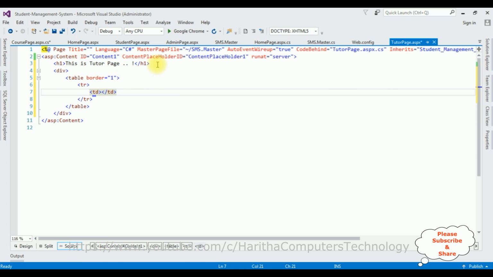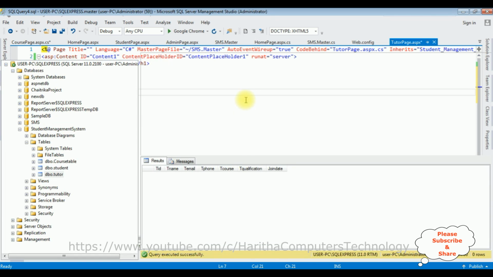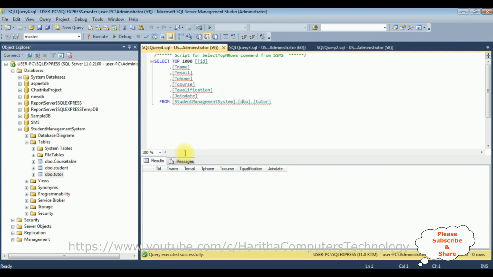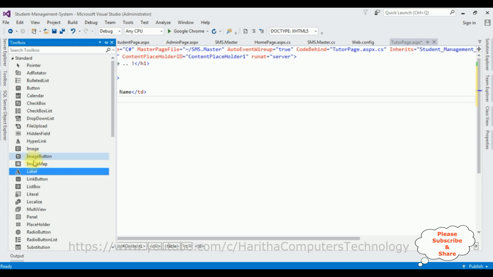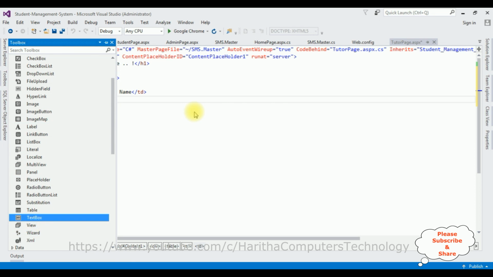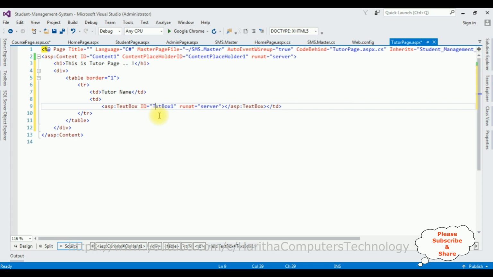The label I'm adding, in the tutors table the TID is the auto-generated column, the T name, tutor name, TD. I'm adding the text box control, text tutor name,